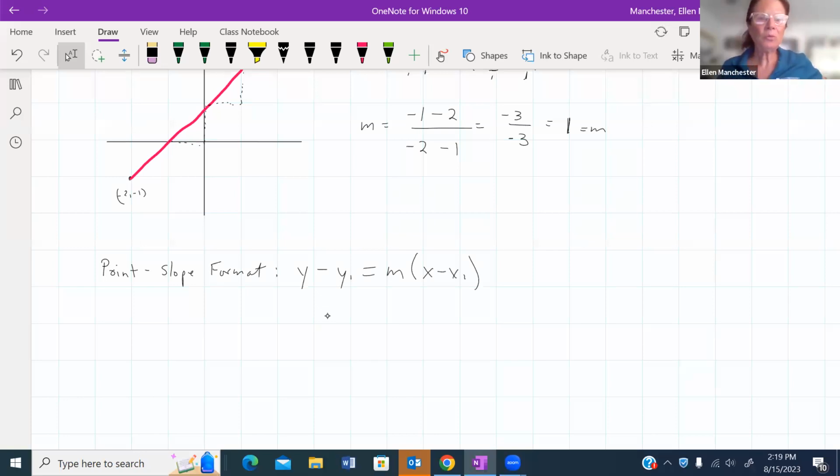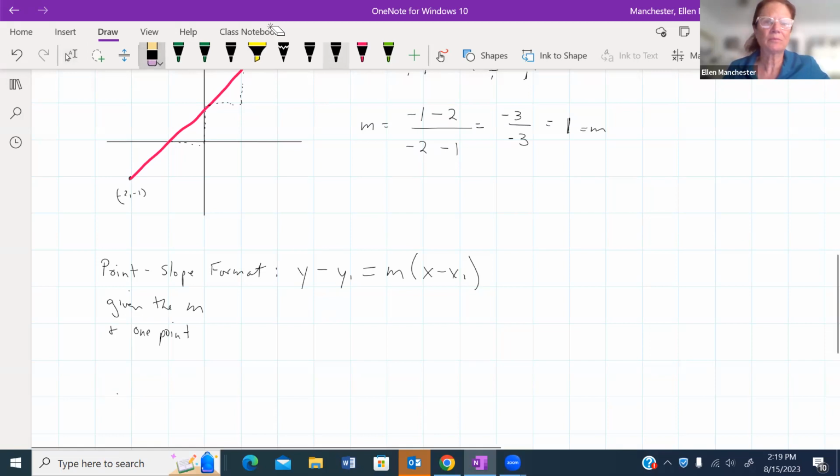So you're going to use point slope format anytime you're given the slope and 1 point. And once we clean this up, it's going to turn it into the slope intercept format,